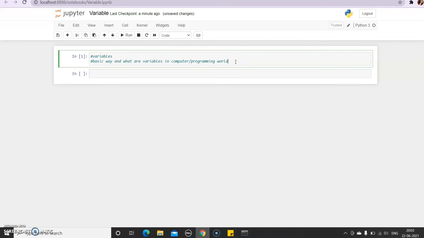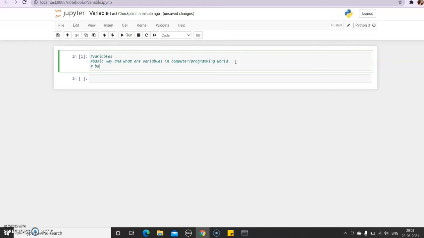Let me write something here, the basic way: variables can be defined as containers to store data or values or information. This is the basic way to explain variables.